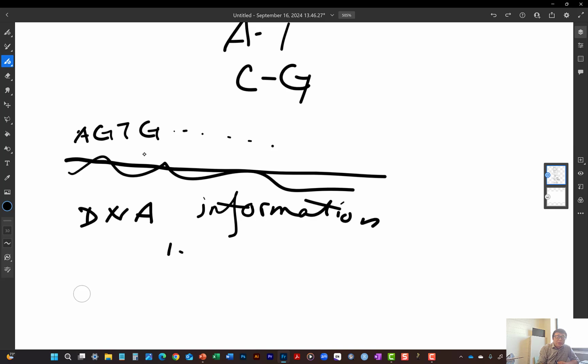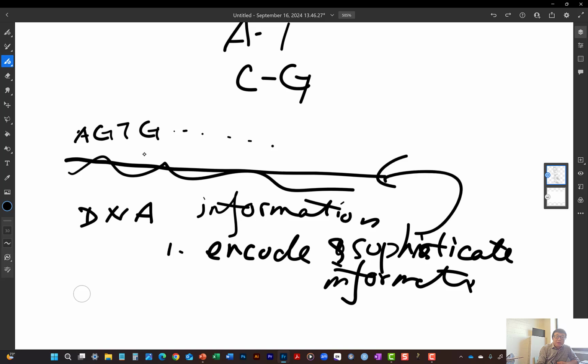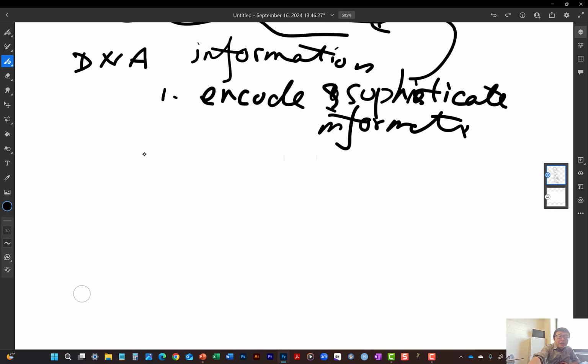There are two things. First, it needs to be able to encode the sophisticated genetic information. It needs to have some form of structure that can encode information, and this information is in the DNA sequence. And then secondly,